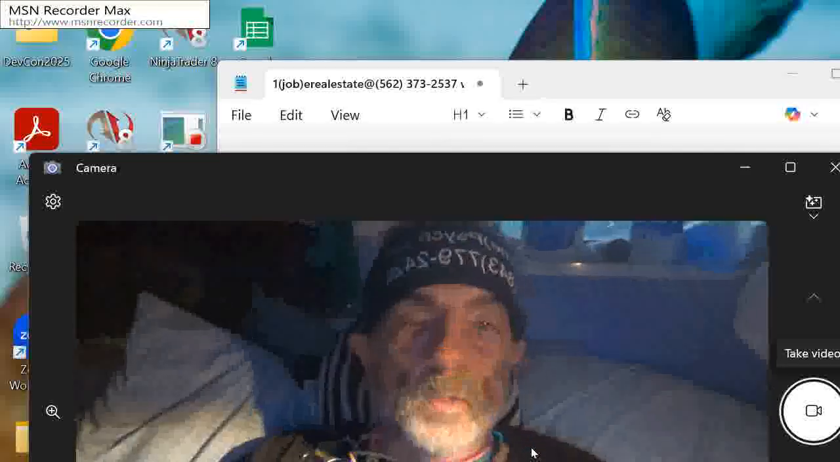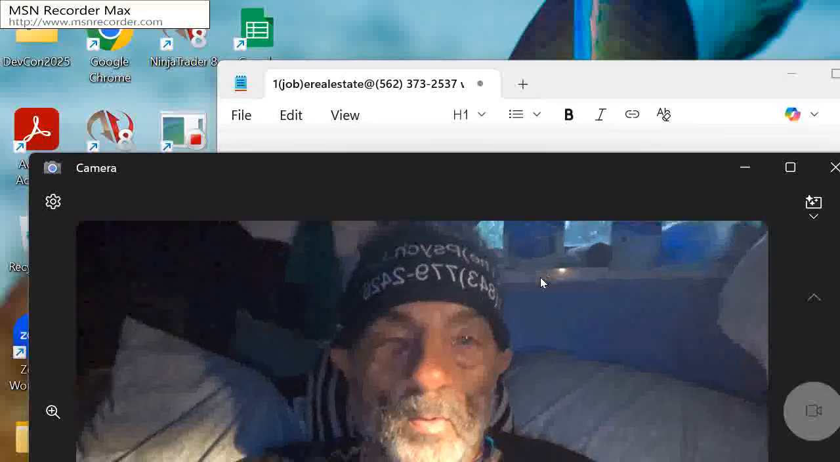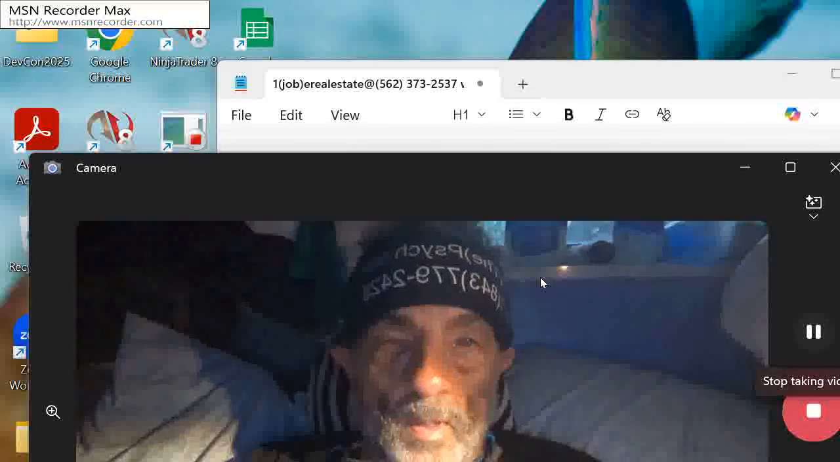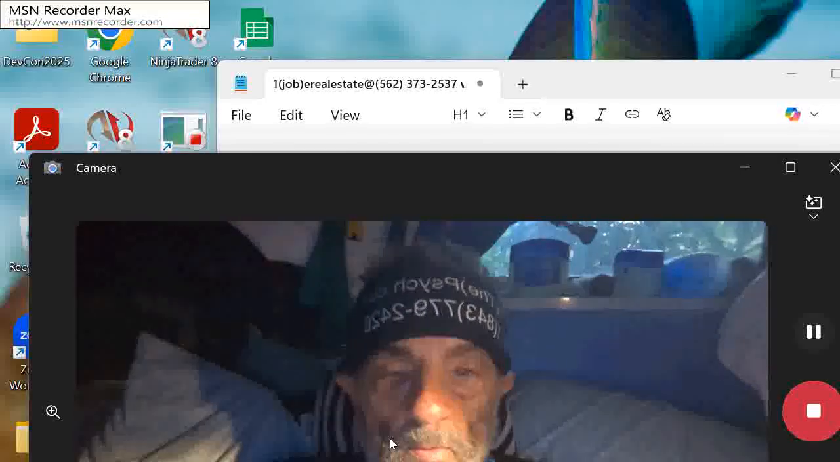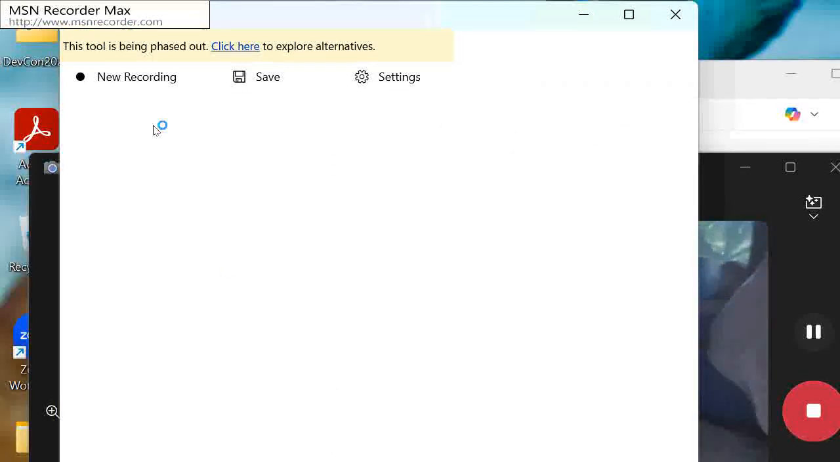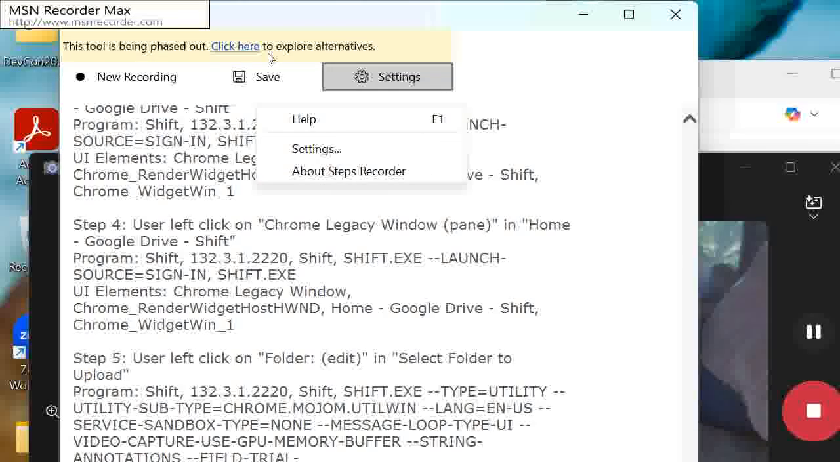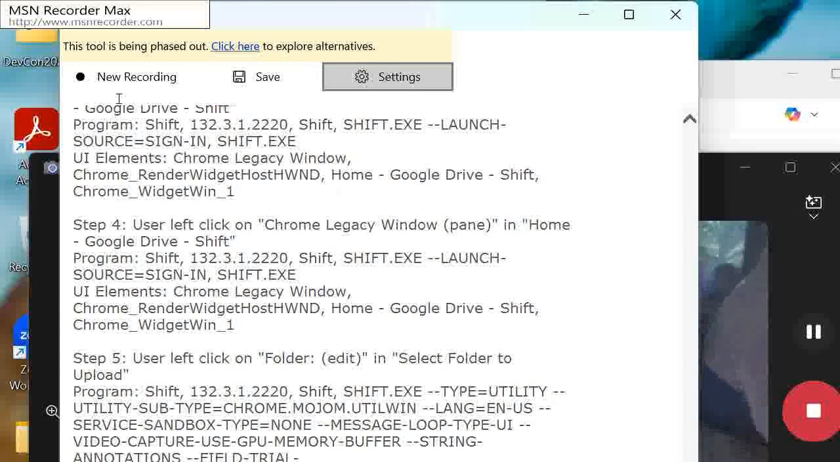I'm going to start recording it here, and I want to demonstrate how I'm putting on a halo hat. But before that, I want to run Problem Steps Recorder, and I want to check the settings to make sure that it is set to 999 number of recent screen captures to store, which is okay. And then I want to start a new recording,